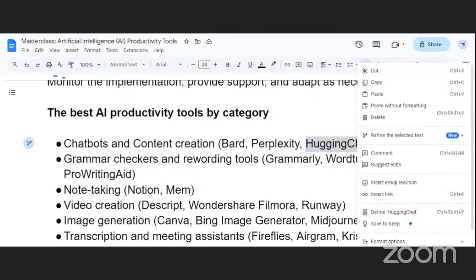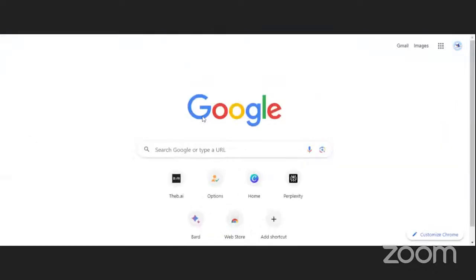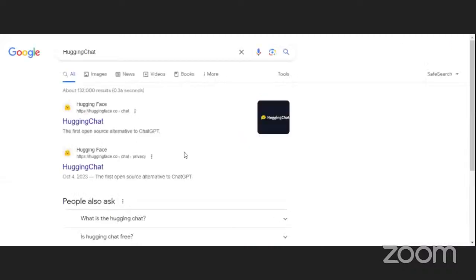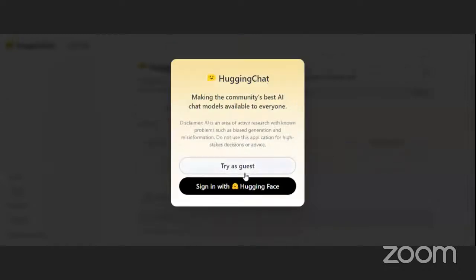We go to Google here. Google is the search engine that most of us use. We come to Google and just put Hugging Chat. So this is it, Hugging Chat. When you come to Hugging Chat, it will ask you to sign in or to try as a guest. In our case, we just want to try as a guest.